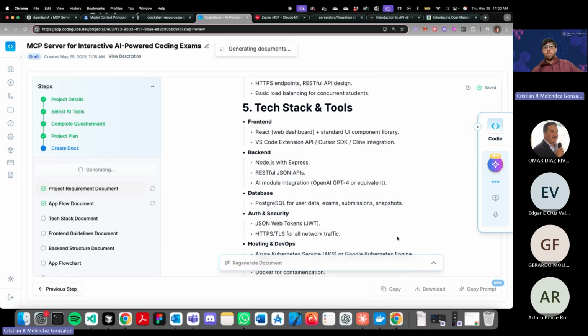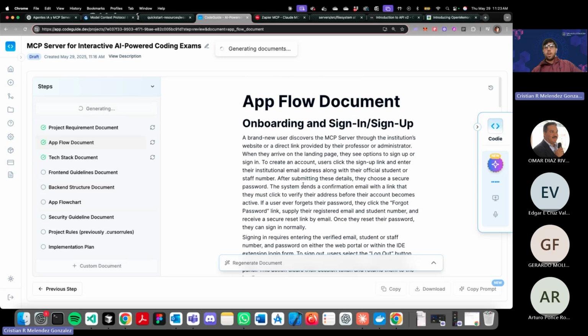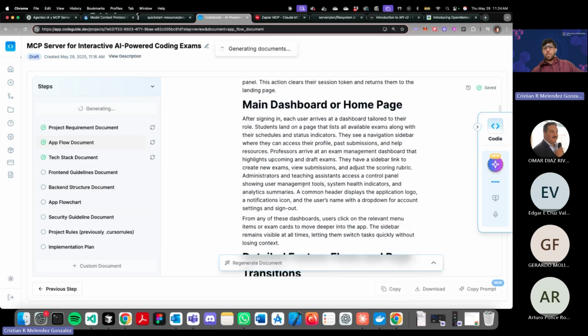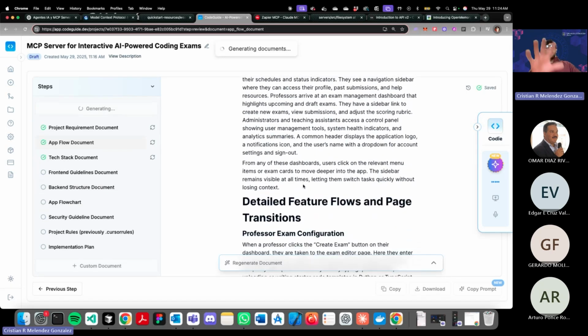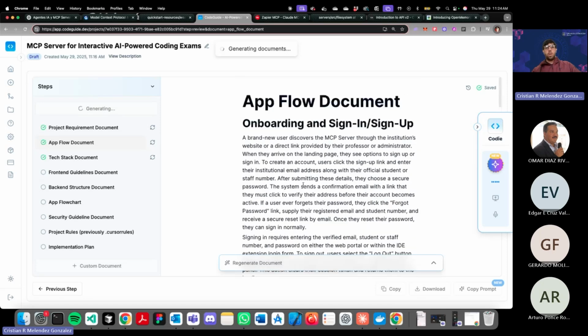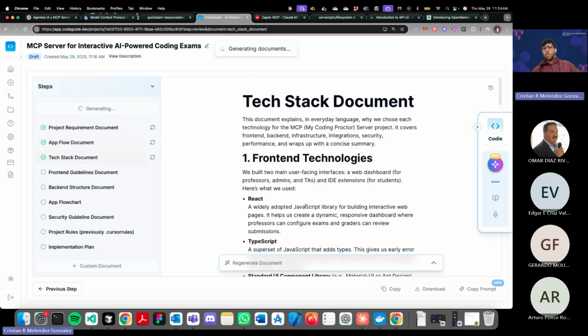Anyway, it's not allowing me because it's generating all the documents. But when it's finished, you can modify the documents. And the coolest part about this, eventually when it finished, you can see here that it says copy prompt. At the bottom, it will create a prompt for your AI agent to pull all this documentation and import it